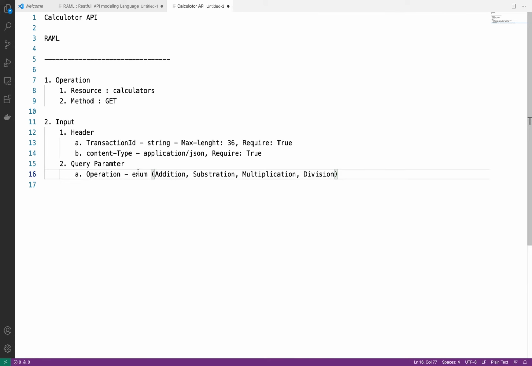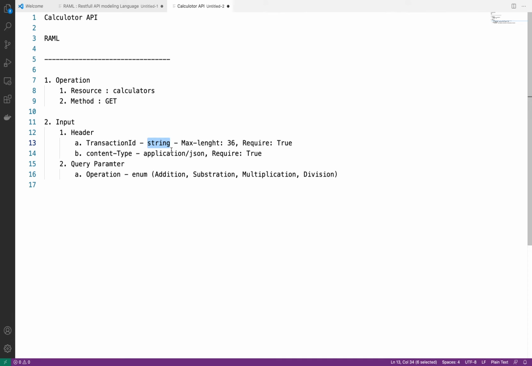Actually, what is enum here? If we are passing any input and we have a defined number of inputs, in operation we will pass only addition, subtraction, multiplication and division. In that case we have a fixed number of inputs, so we should use enum. Here in this case we don't know what my transaction ID will be.